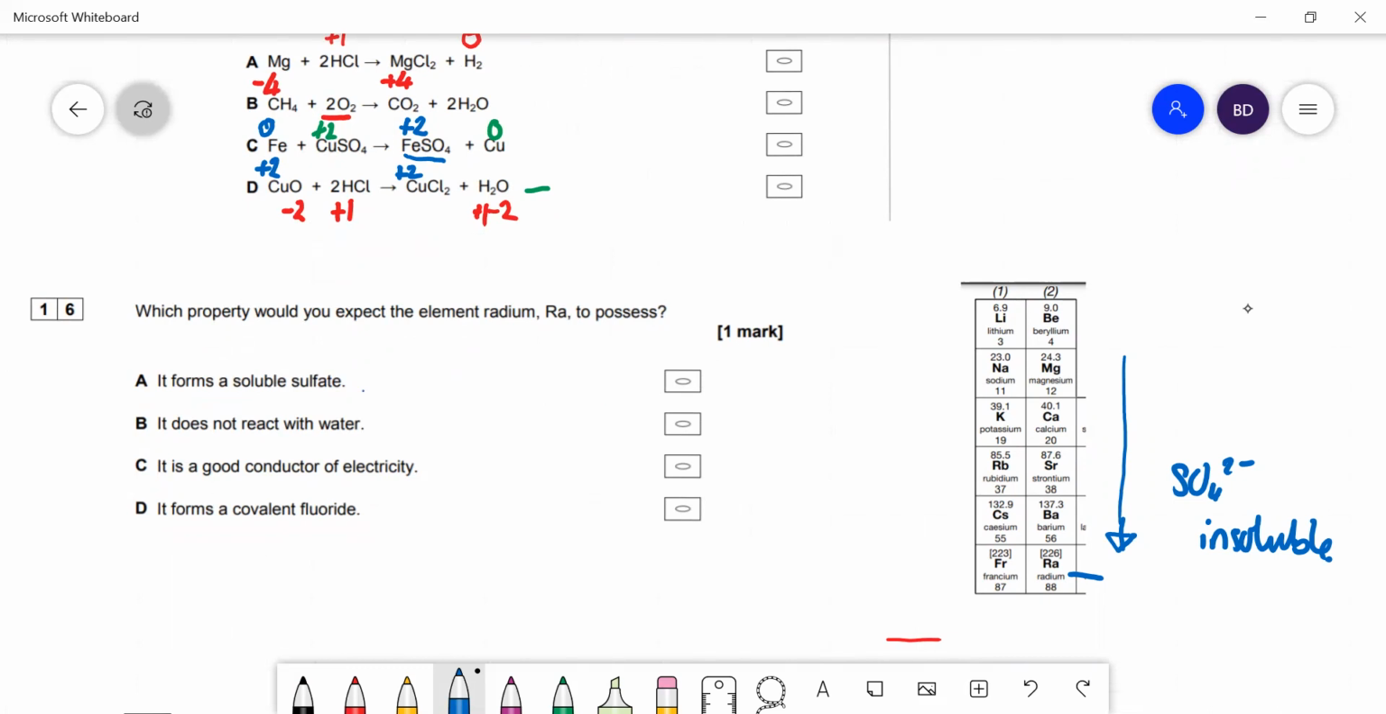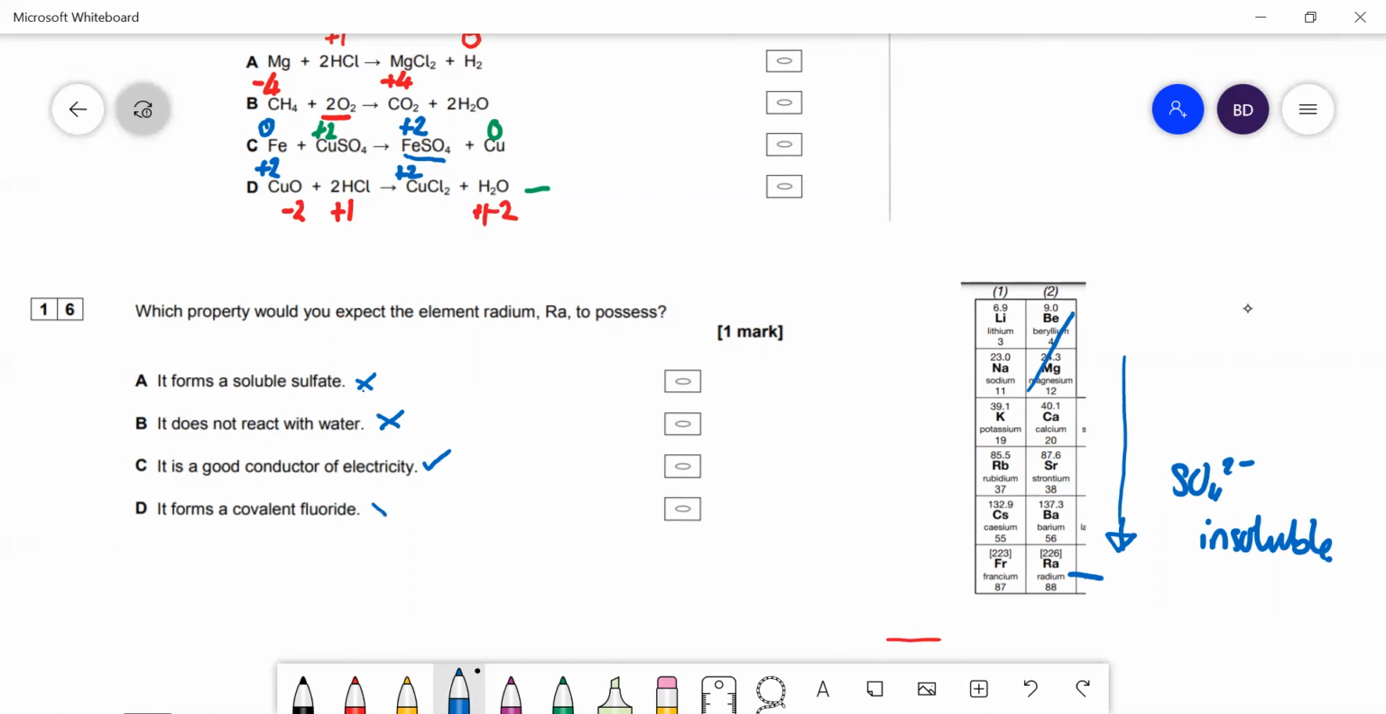Do the group 2 metals react with water? They all react with cold water except for magnesium and beryllium, they don't. So as you go down the group, they get more reactive with water. So that's wrong. It will react with water. Is it a good conductor of electricity? Yes, it will be because it's a metal. It's got delocalized electrons,